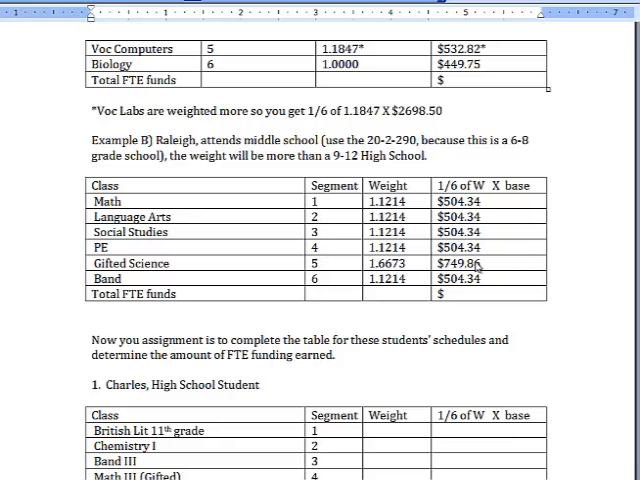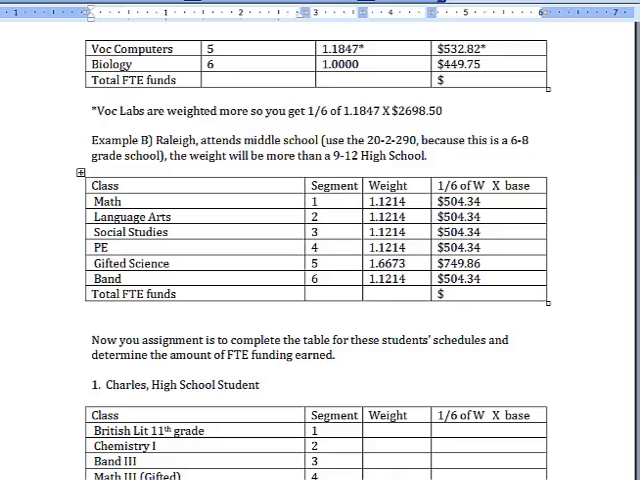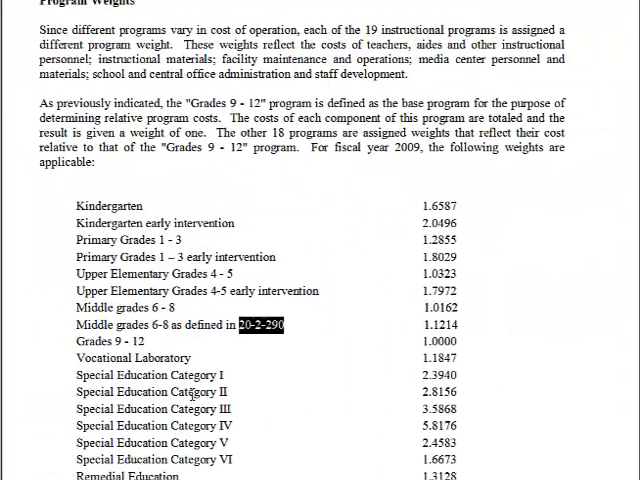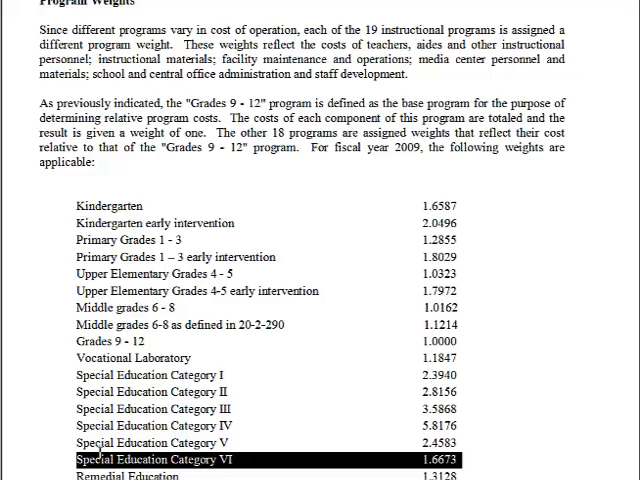Now notice she has a little bit more right here for this one because she's in a gifted science class. So a gifted class, if I look over here at the chart, you'll find that gifted education is category 4. Now how do I know that? Well, because there's another category that you can look at. It breaks down these special education categories and tells you what they are called. And so gifted education falls under special education category 6, and it brings in